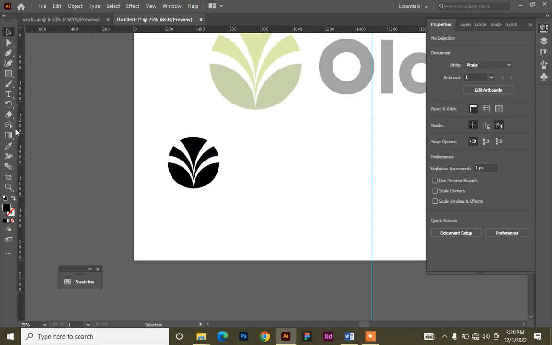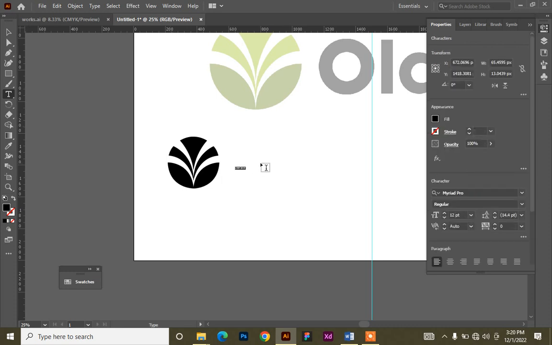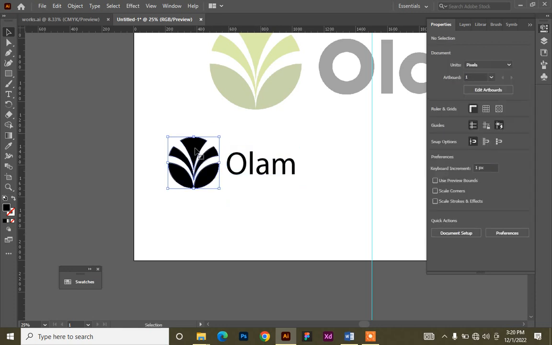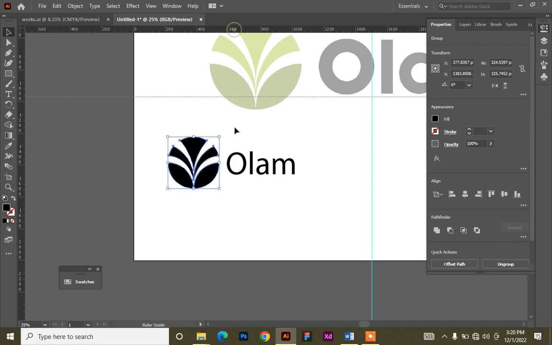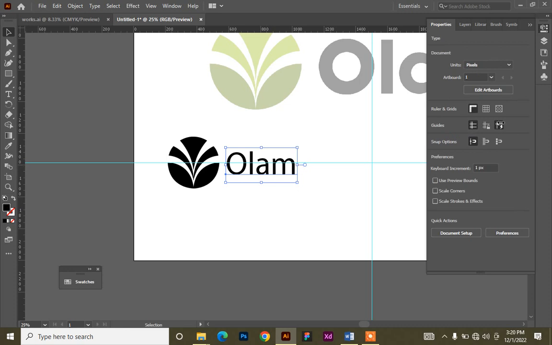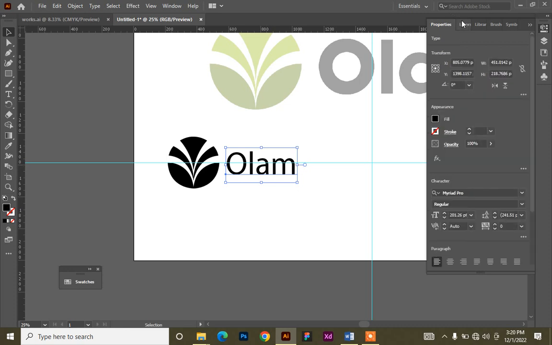Yeah, so you just go to your text tool and then click, then you write Olam. I think that's what's written there. Then you select, hold shift, right? You want to align it to the center, so you can bring your ruler center, you drop it, and then the Olam, you can go to the layer properties, you can change the font from your character here,